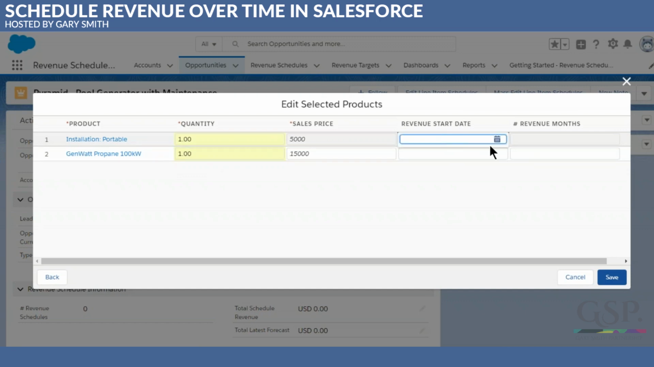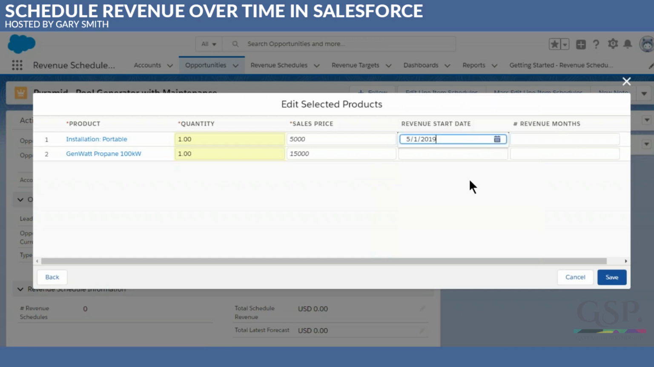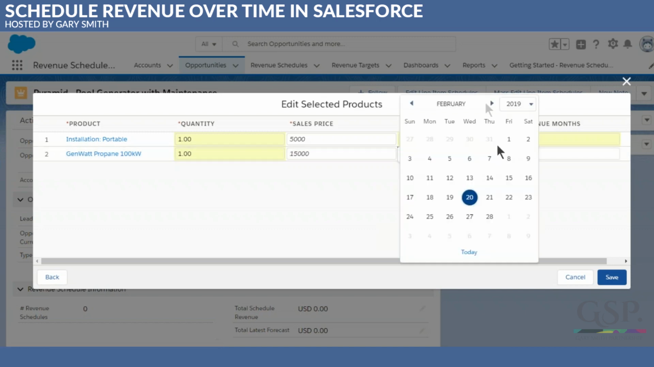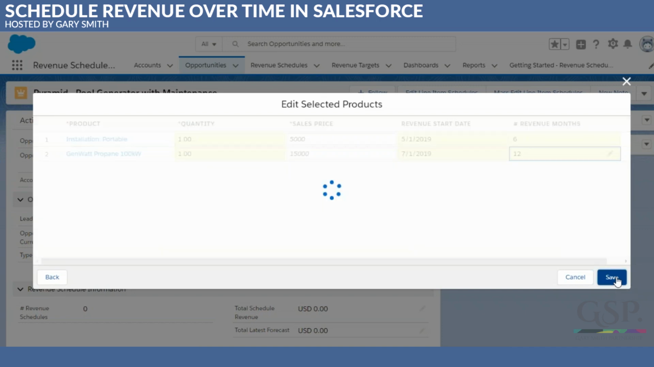So the revenue start date, let's say the schedule of revenue. So irrespective of the close date of the opportunity, the schedule revenue, let's say, I don't know, let's say 1st of May. And let's just assume that that schedule is going to run for 6 months. And for the other product, we might want the schedule to begin in July, for example, and run for 12 months. So when I hit save,